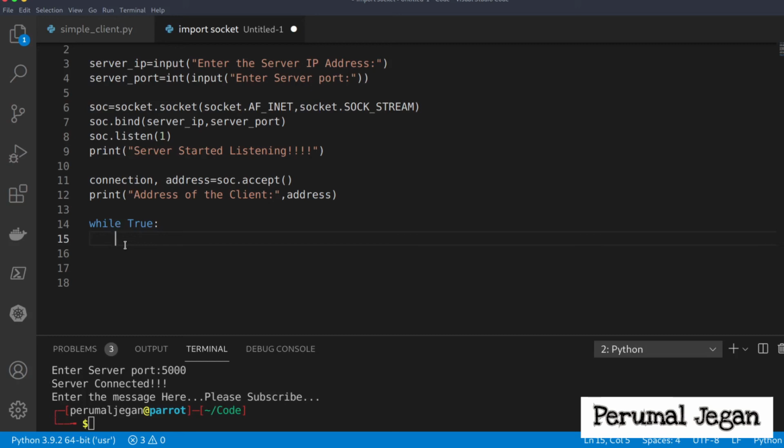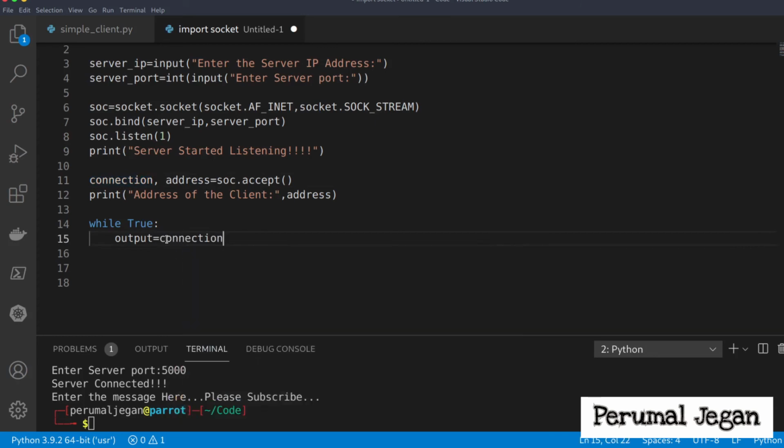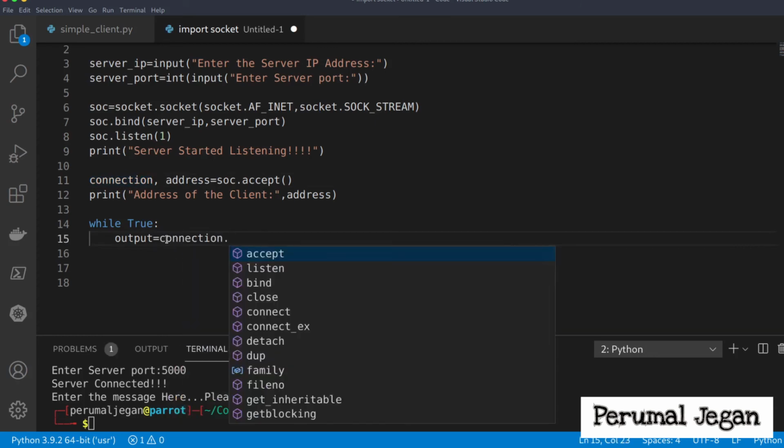I'm going to create a variable here, called output. The output data that we received from the client. I'm mentioning the variable called output and the connection. I'm going to get the data from this connection only, right? So connection dot, I need to receive that.